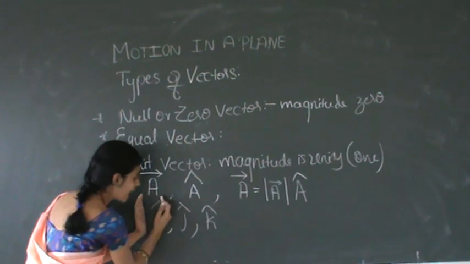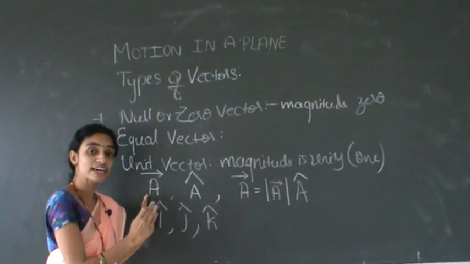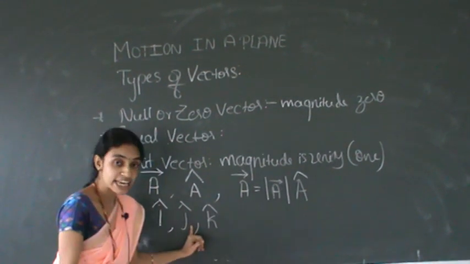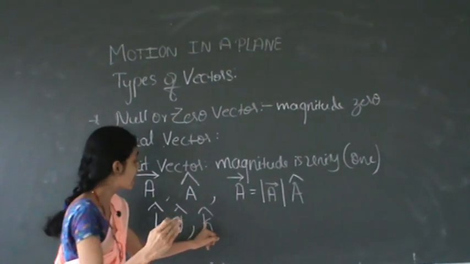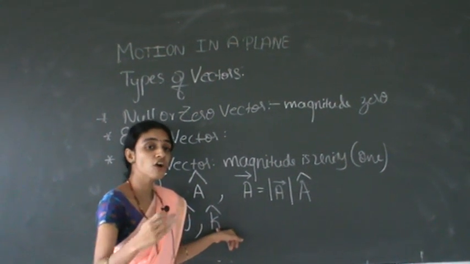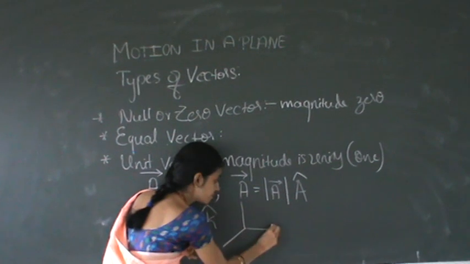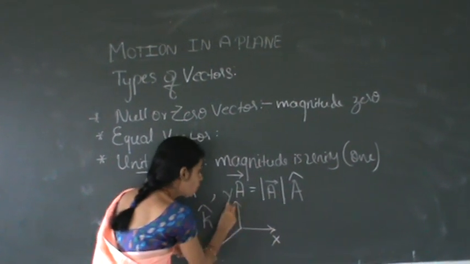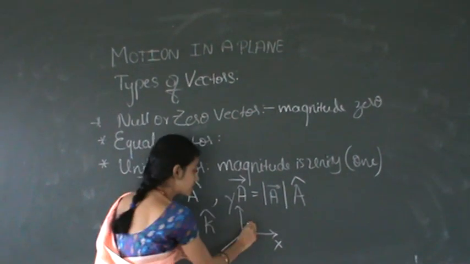Here i cap represents the direction of the vector along the x-axis, j cap represents the direction of motion of the particle along the y-axis, and k cap represents the motion of the particle along the z-axis. Since in the Cartesian system x, y, z are mutually perpendicular to each other, nothing but 90